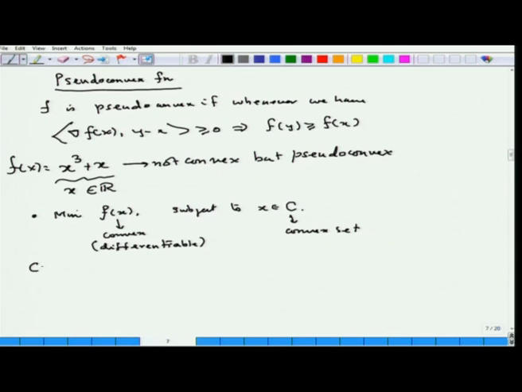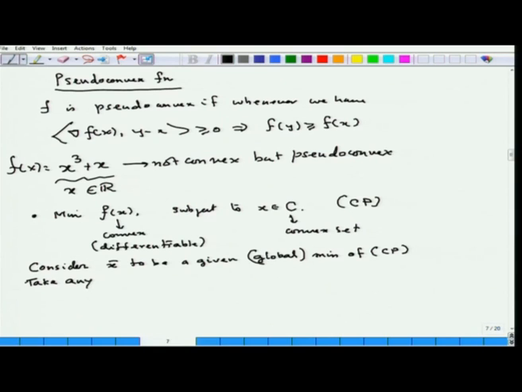So, now begin by considering x bar to be a global minima of this problem, which is the standard convex programming problem CP. X bar to be a given global minimum of CP. I am writing global in brackets because it is always a global minimum. Now, take any x in C, then x bar plus lambda times x minus x bar is an element of C